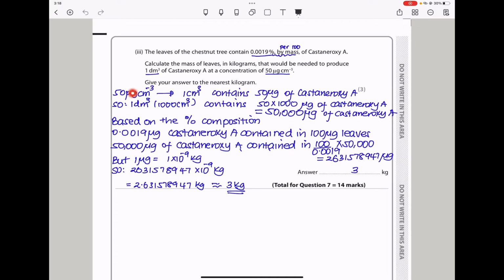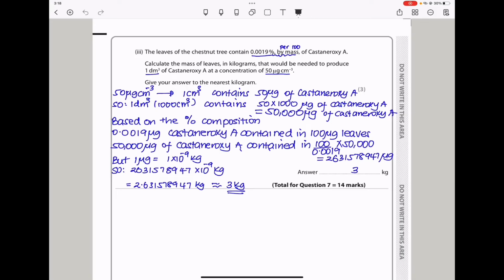So for a concentration of 50 microgram per centimeter cubed, we can say 1 centimeter cubed contains 50 microgram of castaneroxy A. You know 1 decimeter cubed is 1,000 centimeters cubed, so this is going to contain 50 times 1,000 microgram of castaneroxy A, which is equal to 50,000 microgram of castaneroxy A. Now based on the percentage composition,